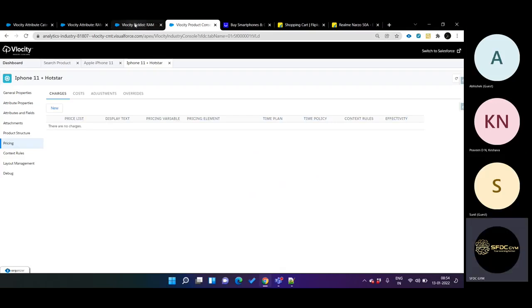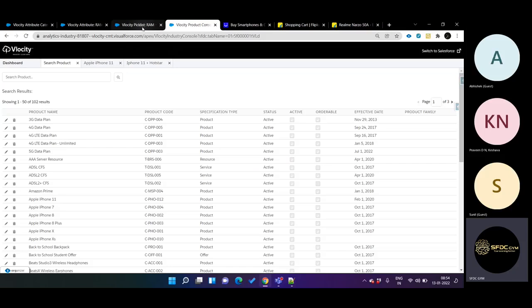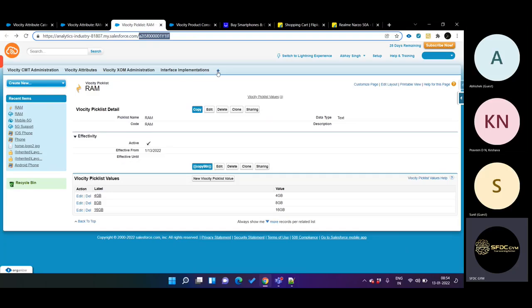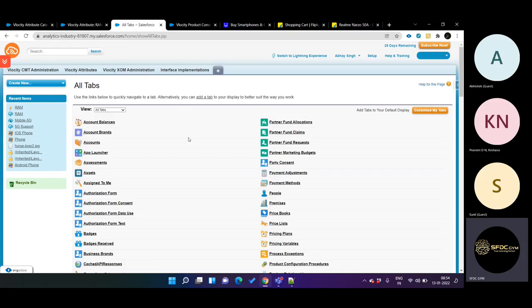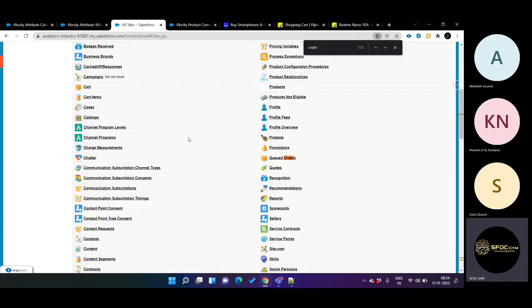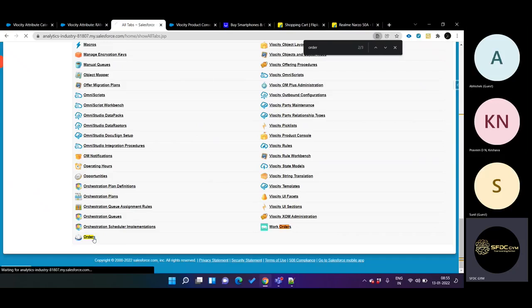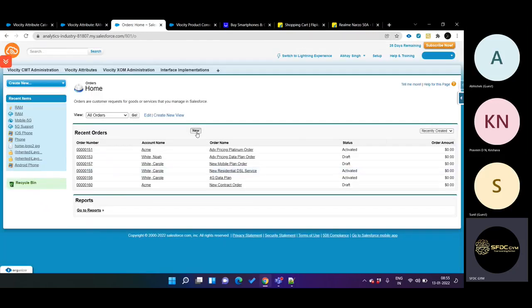Okay, now we have done enough talking. Now let's check from where we can actually view these products, from where users can purchase and how the end user screen will look. So for that, let's do that. Actually you need to first make an order, right? Now let's think as a user, you need to create an order. Click on new